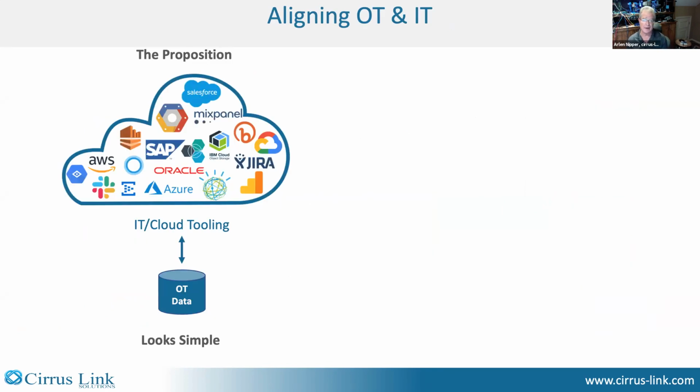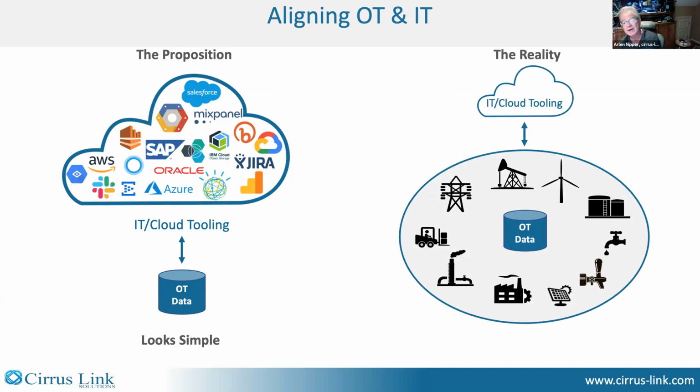Now, what we're going to talk about here is that we are all talking about digital transformation. We look at all the tools that are available from the cloud providers, and we go, wow, this looks great. This must be simple. We'll just connect into our factory OT data and we'll be done. But in fact, people are figuring out now, 6 years down the road, that because of the issues that Dominic talked about with brownfield implementations and the siloing of data and all the proprietary protocols and the tribal knowledge in the factory, we're finding out it's difficult. So what we've got to do is step back and not look at this as an IT down to OT problem, but as an OT problem where we need to provide an OT infrastructure that solves the OT problems first, that then is able to plug into cloud